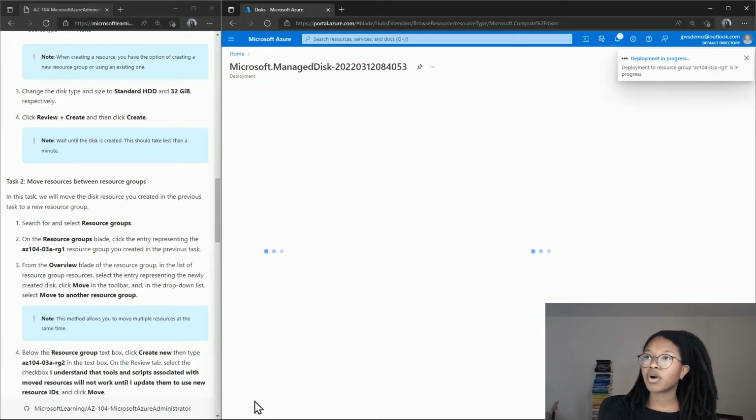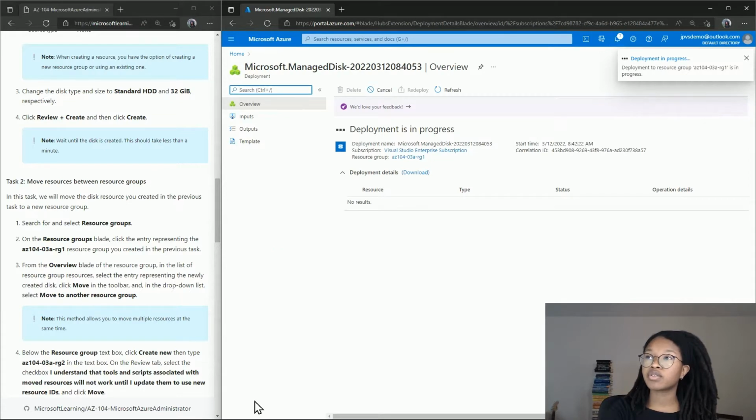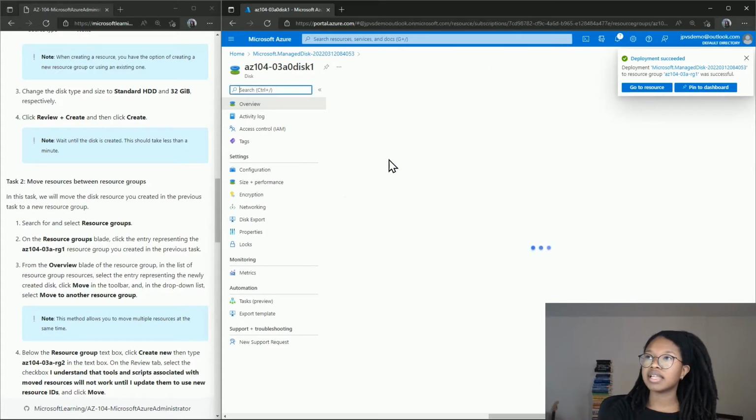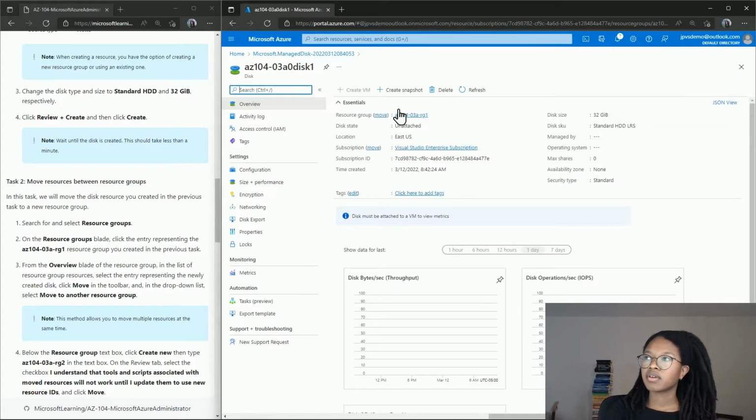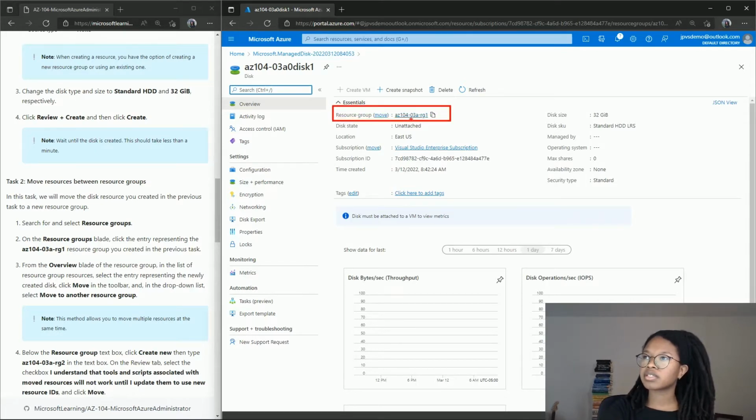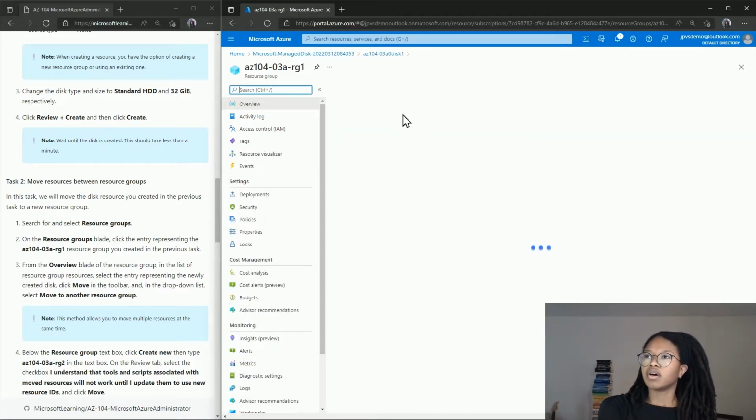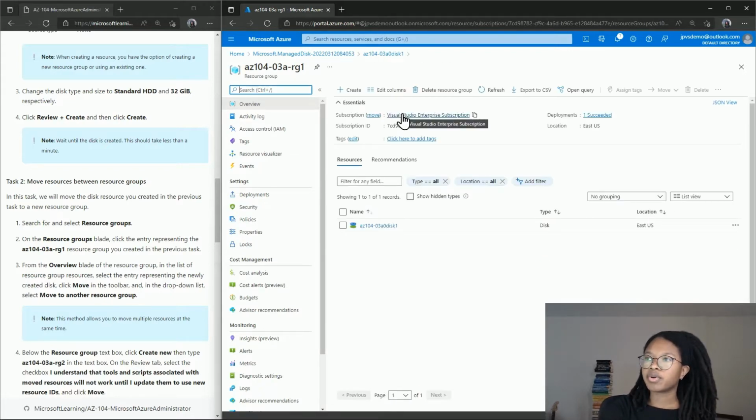Okay, so what we have done so far, we've created a resource group, and once this deployment has completed, we'll go into it. We've created a resource group that contains this disk. So I can navigate to my resource group by selecting the resource group link that is within the overview blade. I'll go ahead and go into the resource group,